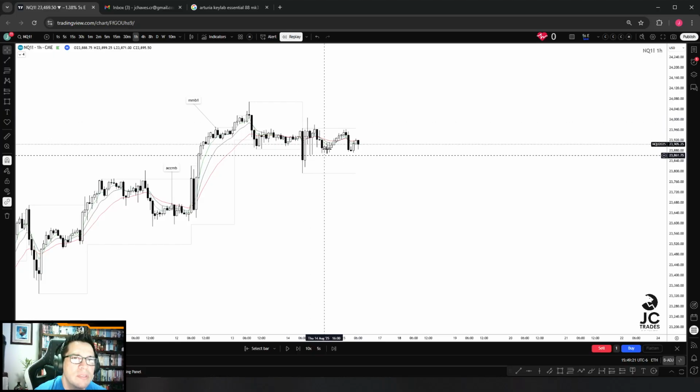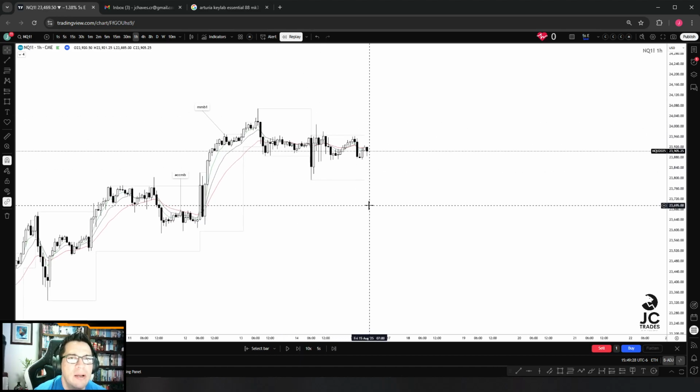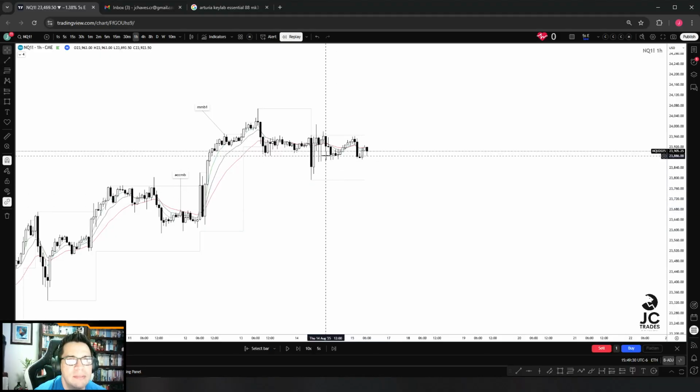So this was a difficult, I would say, price action to consider at that time, due to the fact that we had no true momentum out of these areas. We had basically price consolidating in between the